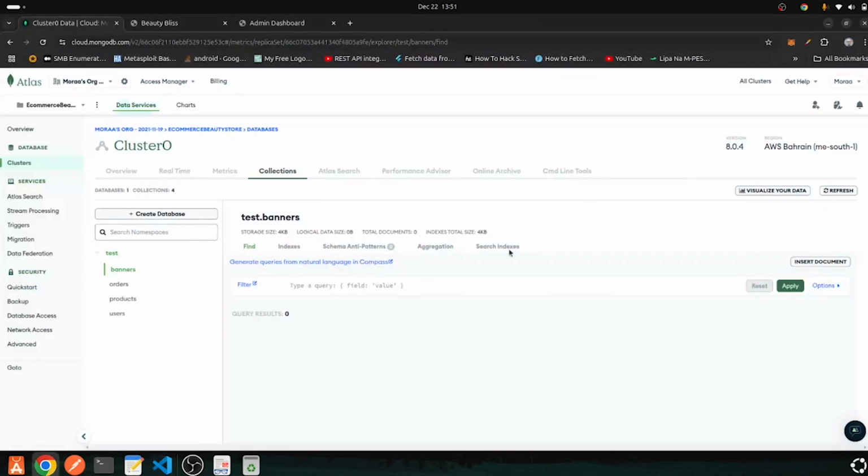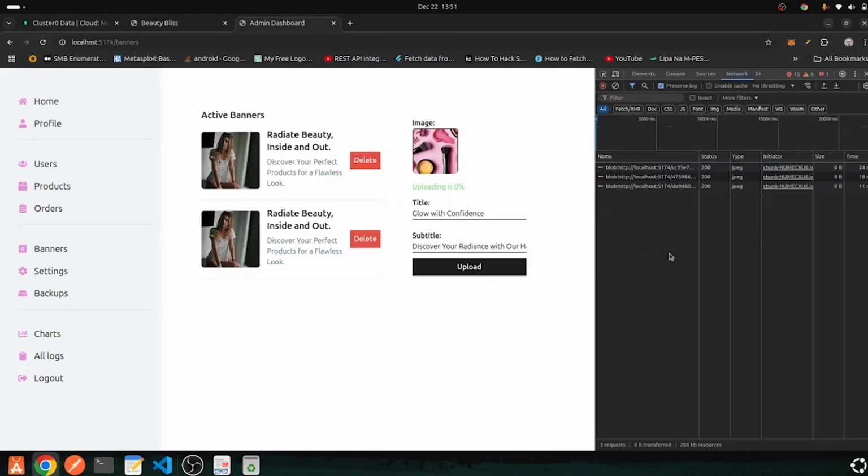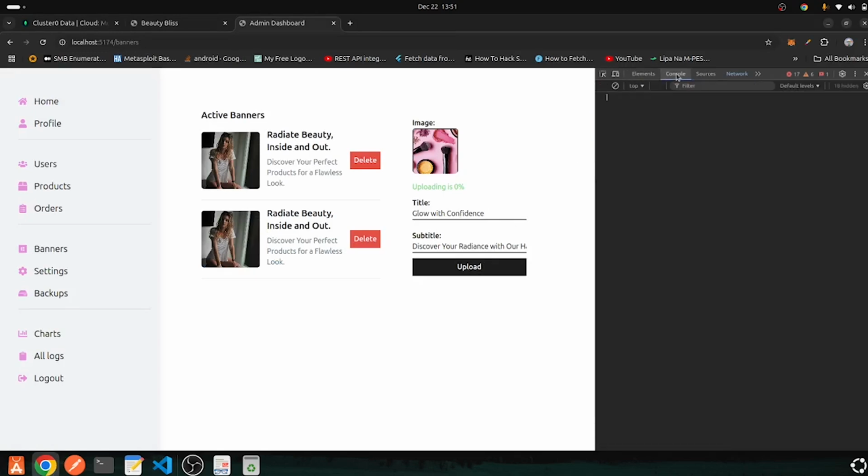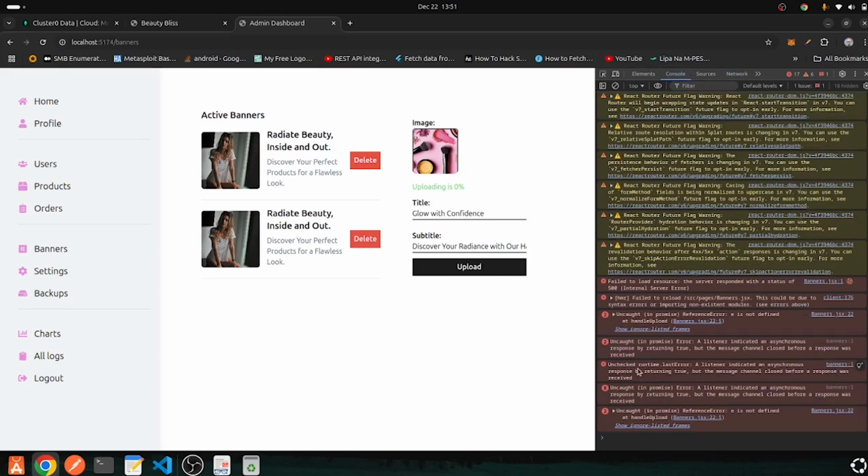Let me just come up here, and actually I can see here it's loading. So I'm going to open the inspect again, and this time also I'm going to click again like that. I can't see anything. So yeah, I can see here it is as if we have an error. Yeah, so e is not defined. I don't think that is the issue as of now. So I'm going to reload here again,